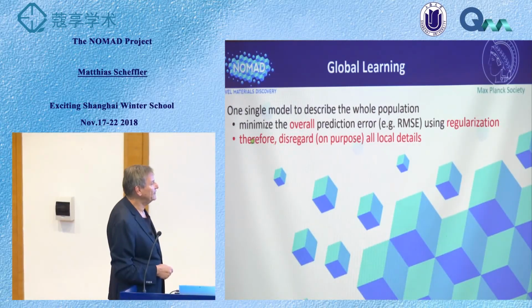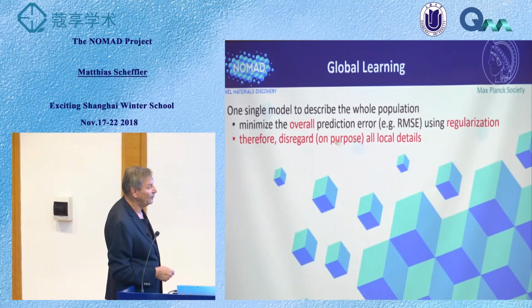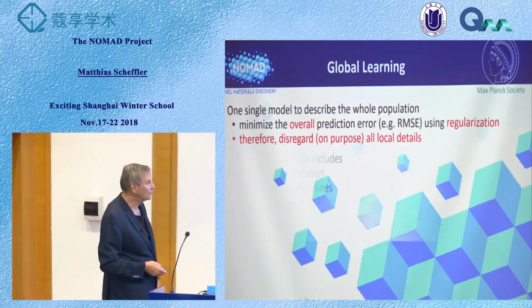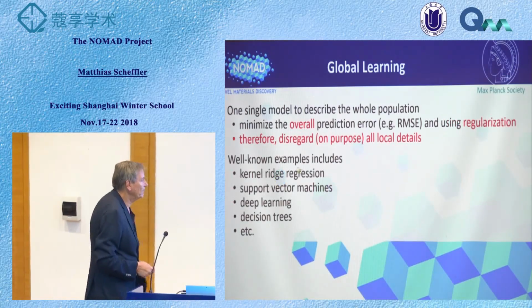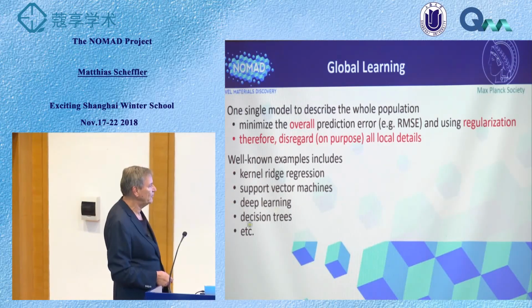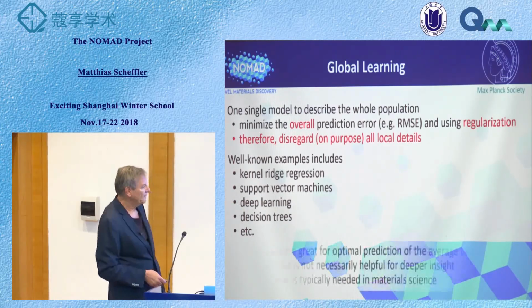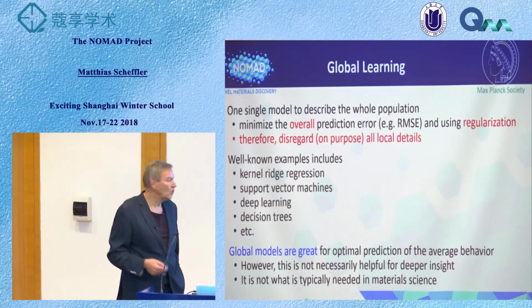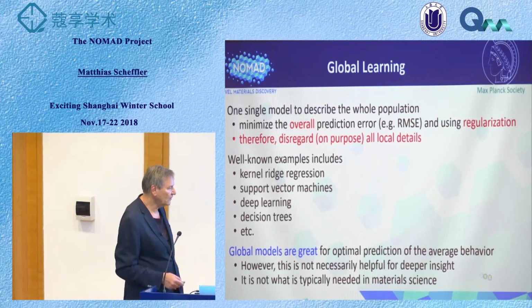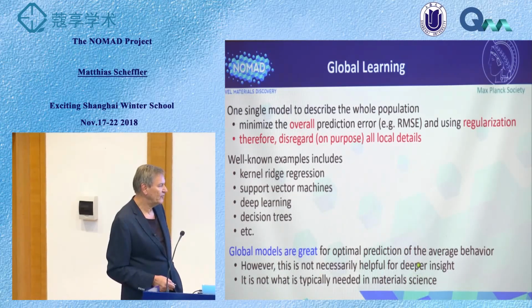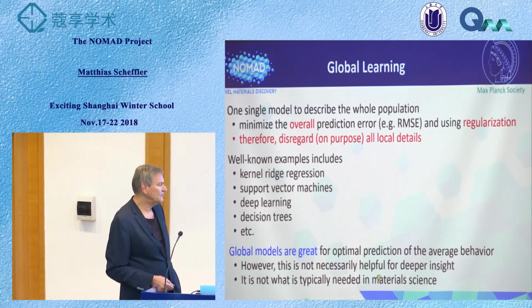Therefore, obviously, a global model disregards on purpose all the local details. It gives a fit, but disregards all the local details. Methods which are doing this are kernel-ridge regression, support vector machines, deep learning, decision trees, and so on. These models are really great if you're interested in a global description, if you're interested in the average behavior of big numbers. However, they are not necessarily helpful for deeper insight,